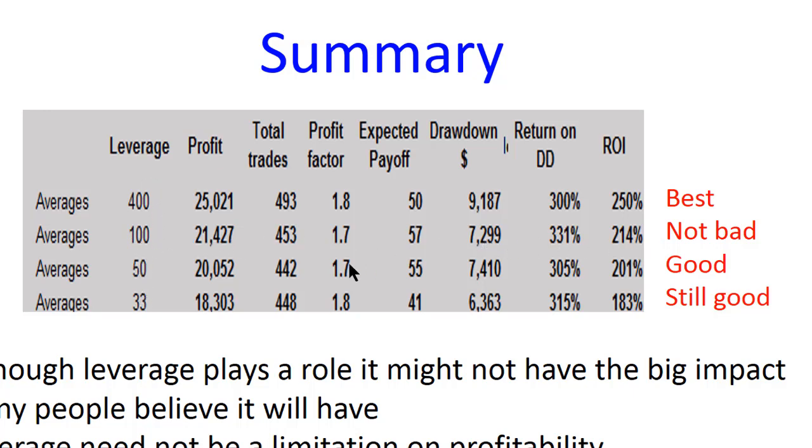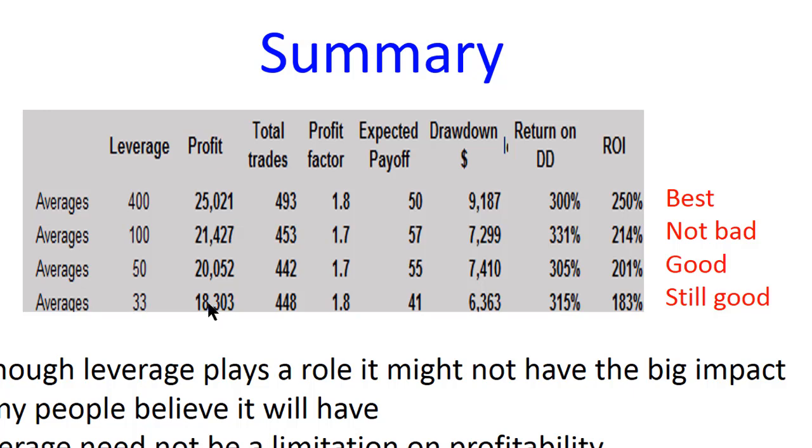The worst results are the low leverage, the 33 or 30% leverage that applies there. But if you look at the relationship, we've got 400 to 1 up there, and we've got 33 to 1 down here. That's more than 10% less, but the profits are not 10% less. So a lot of people would say it's much safer trading the 33%